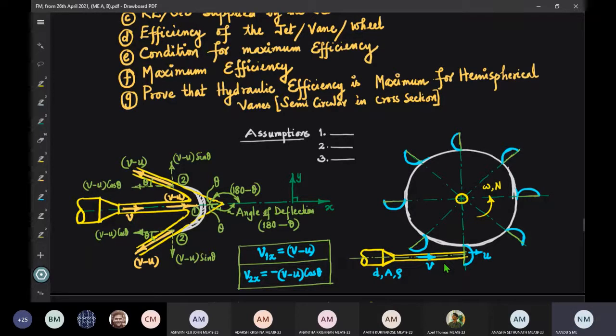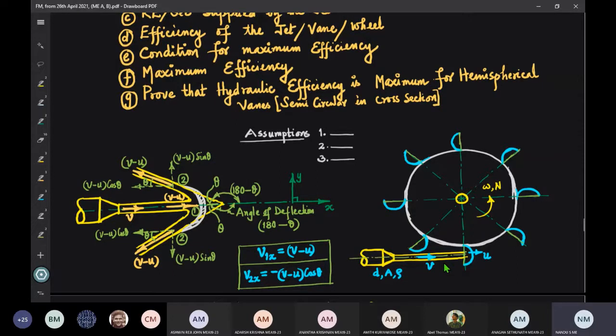And the maximum efficiency that we could generate from a series of flat vanes when mounted on the wheel is 50%, when you intend to produce power by using impact of liquid jet on such vanes. So that is 50%. And if you use a single vane, where the jet strikes normally on a flat vane, then you can get 29.63%. See, all these important results you have to bear in mind.